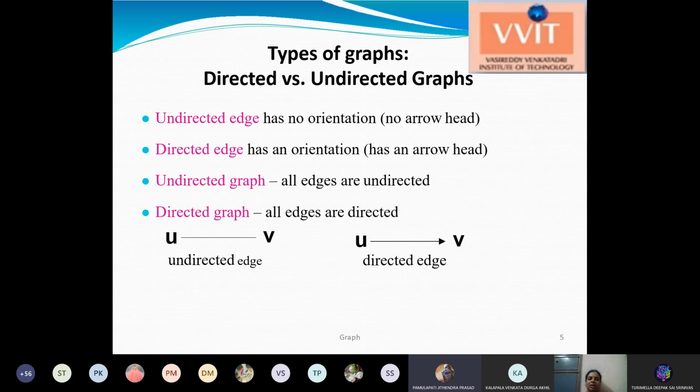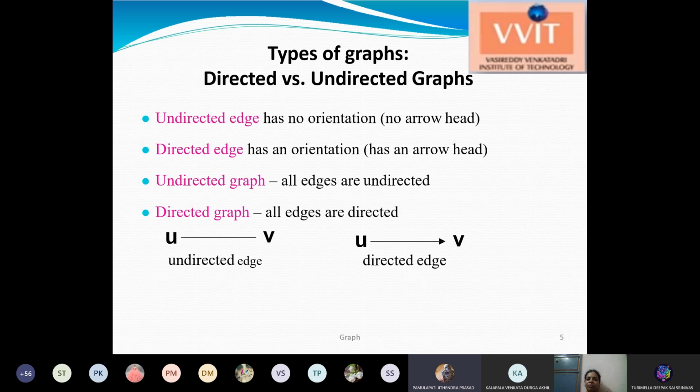The basic difference is that the directed graph specifies only a particular direction and a particular way to reach from one point to another point. There is only one possibility to reach from one point to another in directed graphs. But in undirected graphs, you may have multiple possibilities. For example, U and V are two vertices, and I have an undirected edge between them.